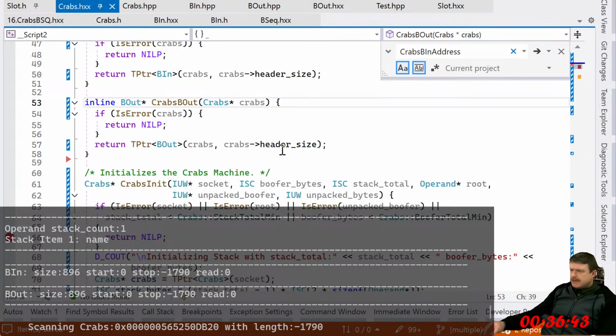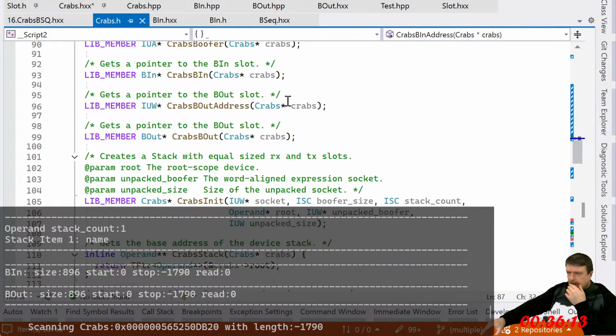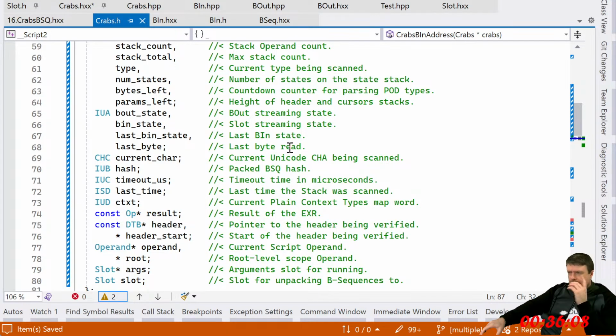Header size plus what? How do I know how big the thing is? What do we got?